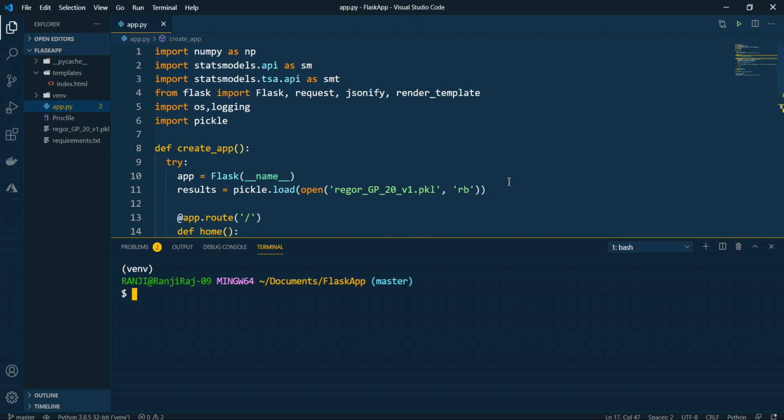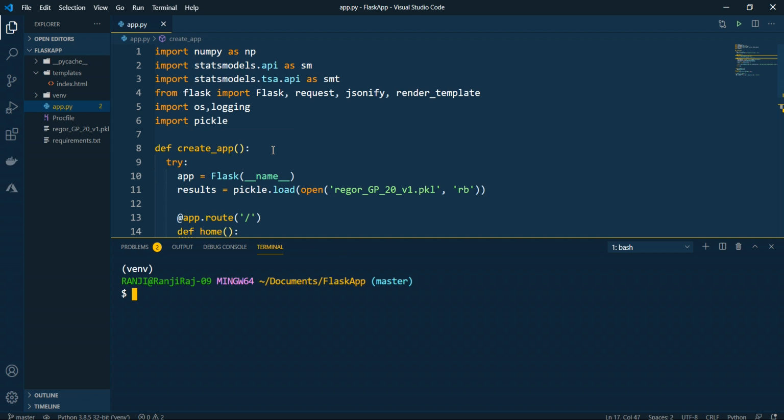Okay, if that is the case, then we will go back to our application. This is my normal application that we have seen previously, but I have made slight changes. The first change that I've done is I have renamed my file. Before this it was regorapp.py. Now I have changed it to app.py. There is a reason for doing this. You can use the previous name also, but I had some issues while doing this, so I will discuss everything in detail.